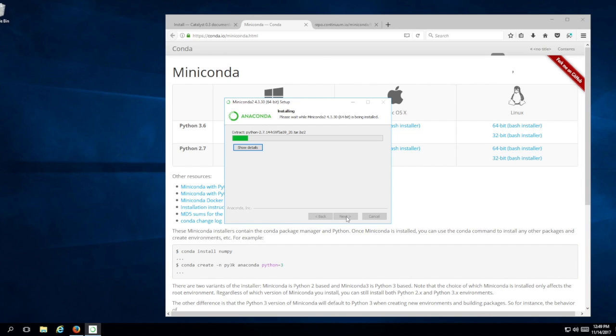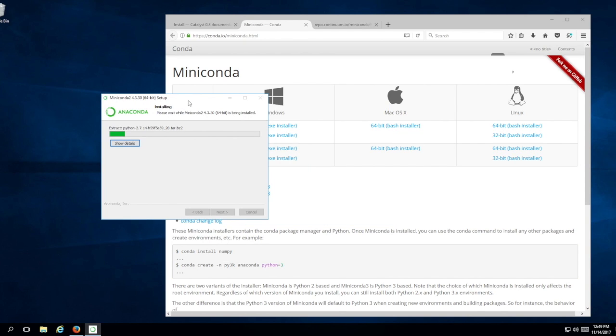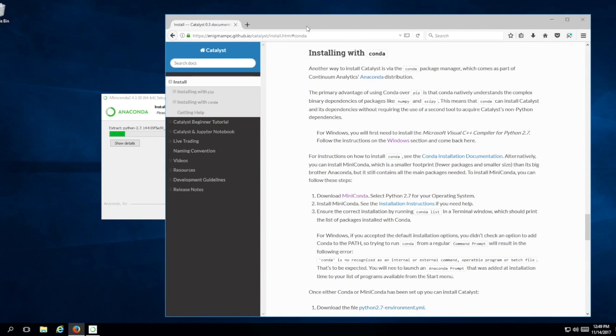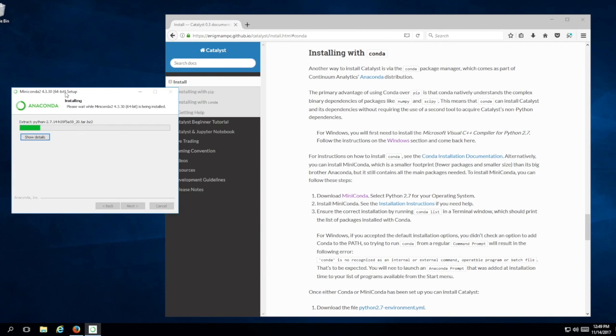and what this does is install the Conda environment that will manage all the package dependencies for me, sort of natively, and will make things easier when I later have to install Catalyst with all its dependencies. So depending on the system, this step takes a minute or two. I am cleaning these other windows that I don't need, or these other tabs. Install keeps making progress, and